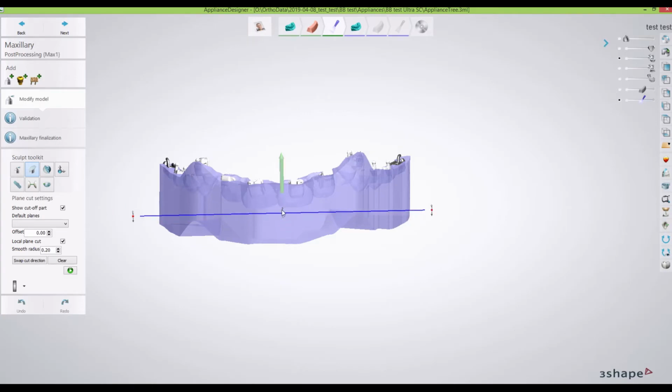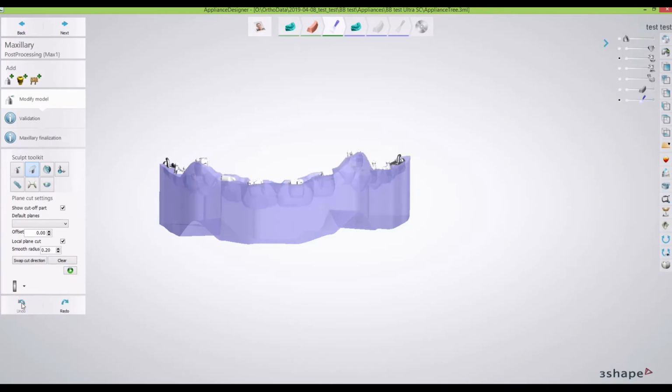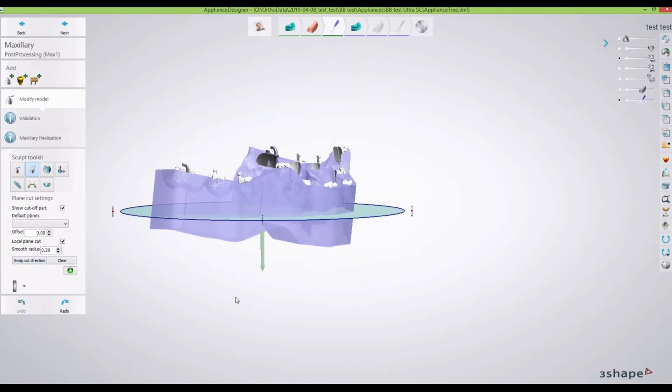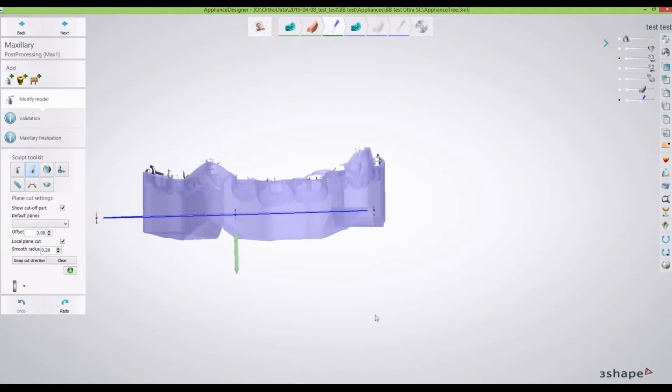Now, wherever the arrow is, that's what it's going to take away. So if I would just leave it there and cut, I would panic because my tray would go away and I don't have brackets. So we're going to hit undo, and we're going to cut it, and now let's swap direction. So I wanted to show you that because that'll freak you out too. And then I take a look at the side and see, particularly in cases where the curve of Spee is really significant,